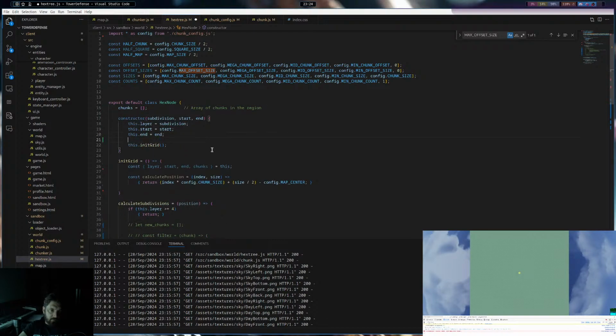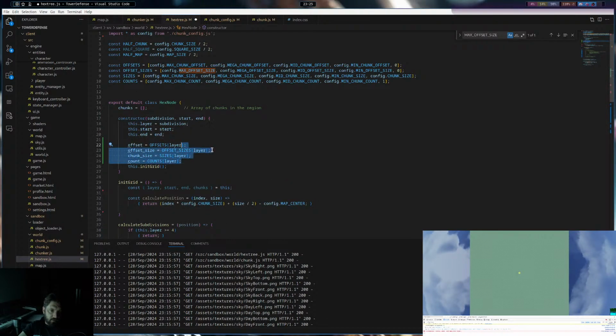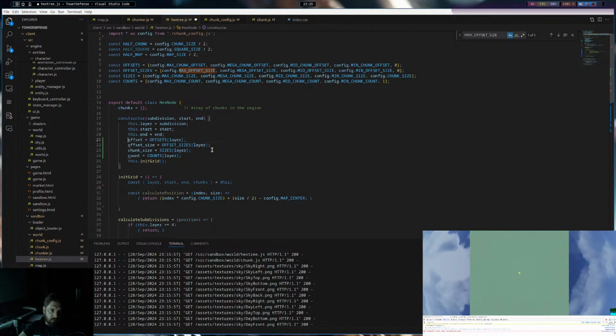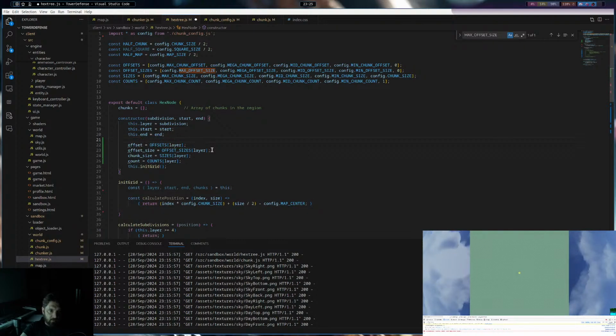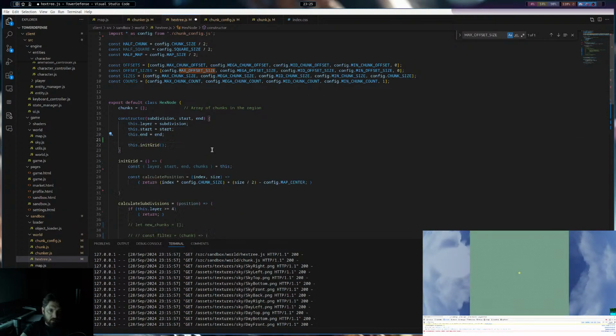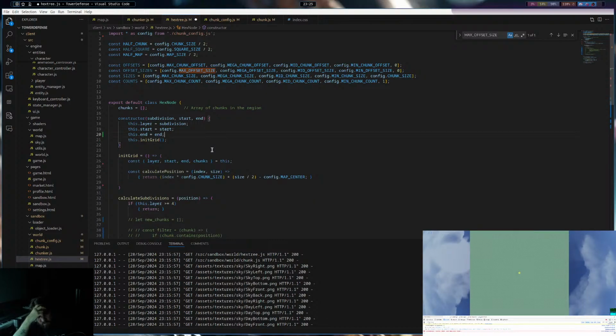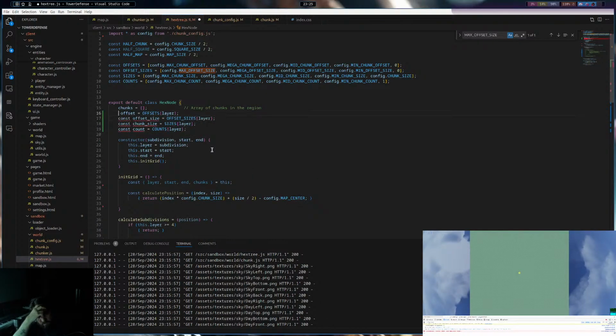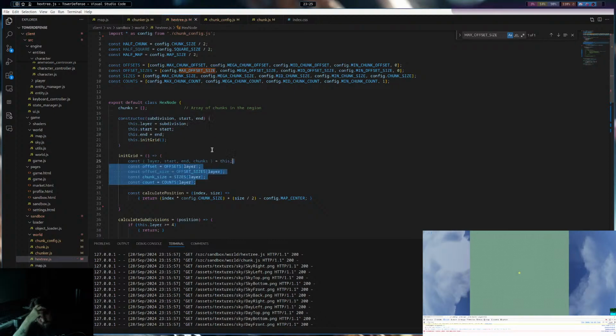I actually need to move them here. Can't think of a good way to do this, because I want them to default to the layer. I want to be able to override them. For now, we'll leave them here.